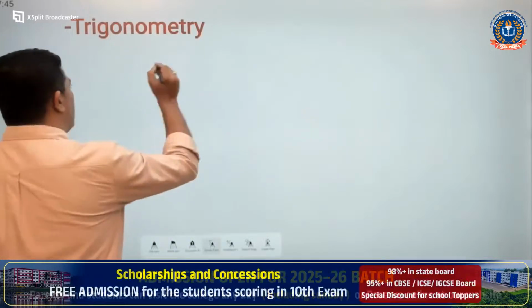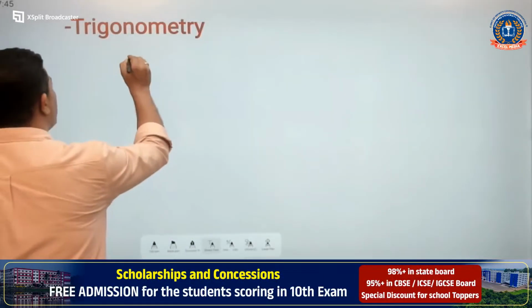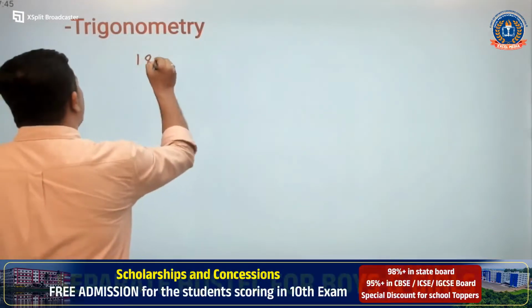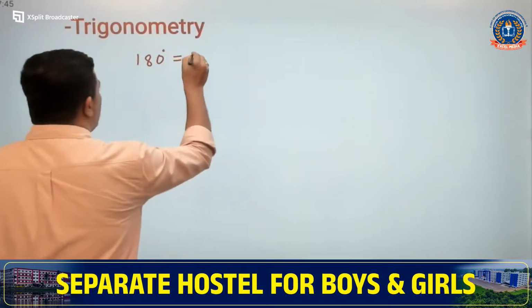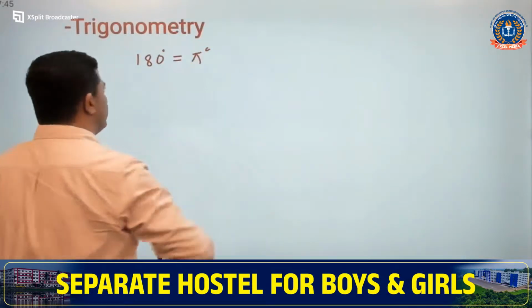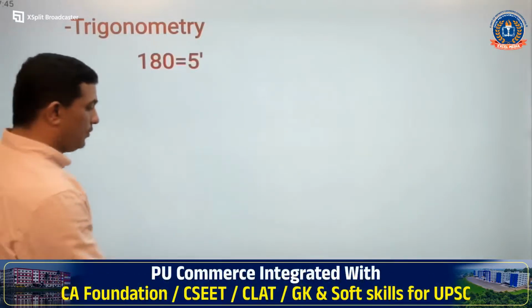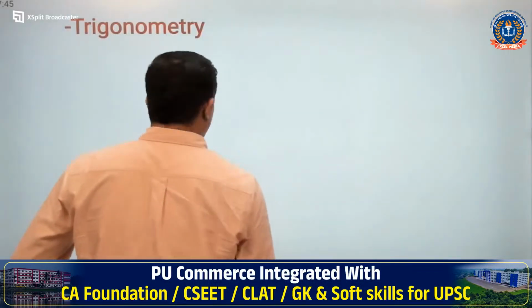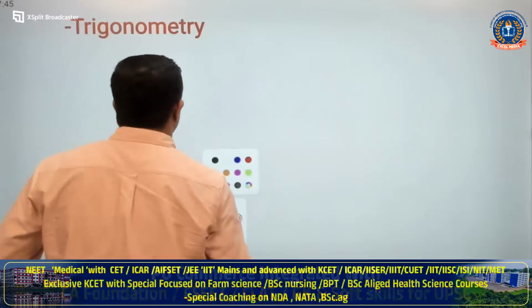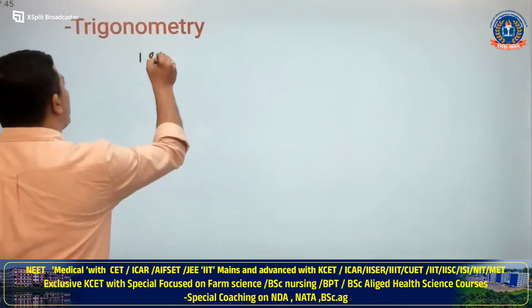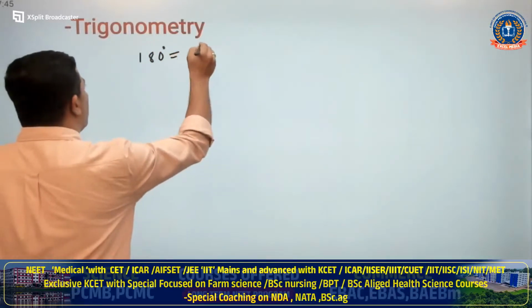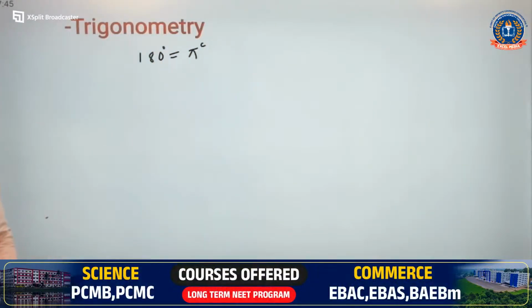Here the relation ಏನು ಅಂತಂದ್ರೆ 180 degree is equal to pi radian. Okay, hold on. 180 degree equal to pi radian. ಇದು ಫಸ್ಟ್ ರಿಲೇಷನ್. ಈಗ ನಾನು ಏನು ಹೇಳ್ಕೊಡ್ತಾ ಇದ್ದೀನಿ ನಿಮಗೆ,